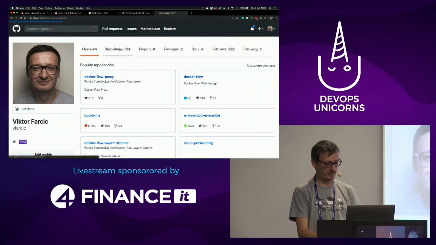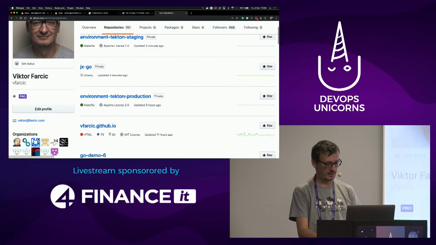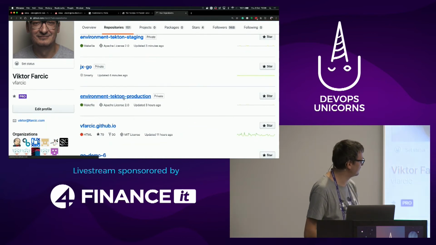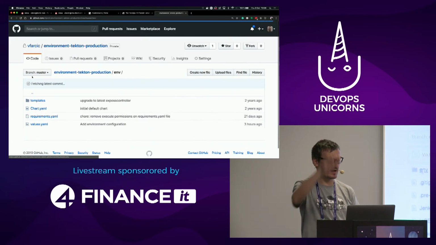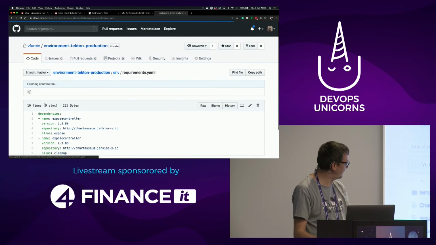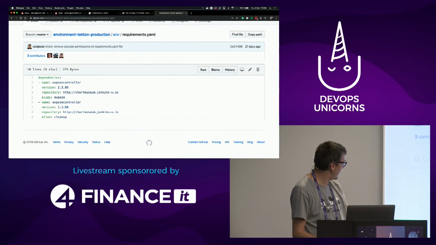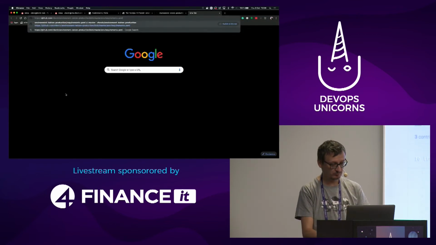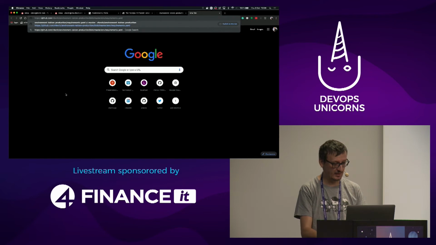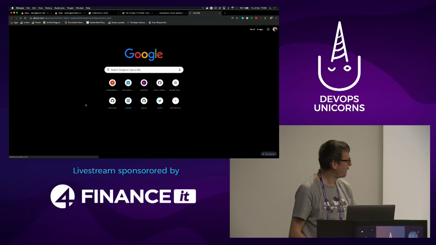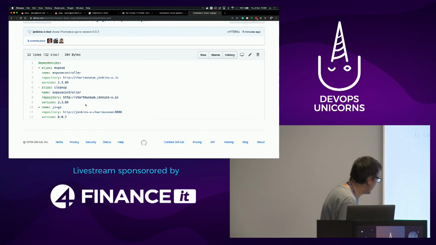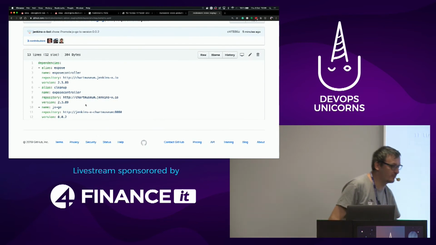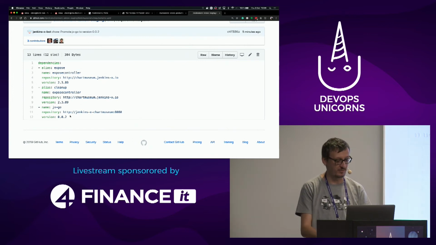What is the repository that defines my production? Here it's my repository that defines production, right? There it is. And let's say, ignore the command that failed. Let's say that what do I want to have in production? Let me see. I need a second. This is debugging live, staging. This is the Git repository that defines my staging environment, right? And you can see my application JaxGo release 02 being defined in my Git repository.